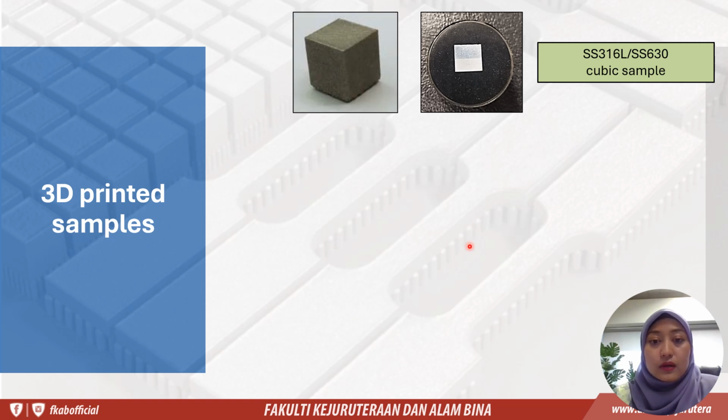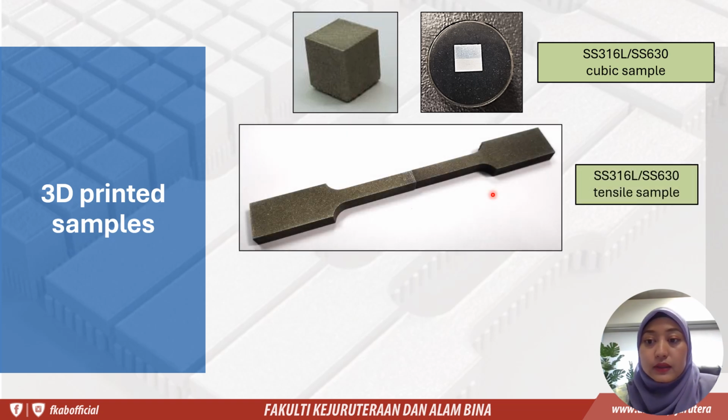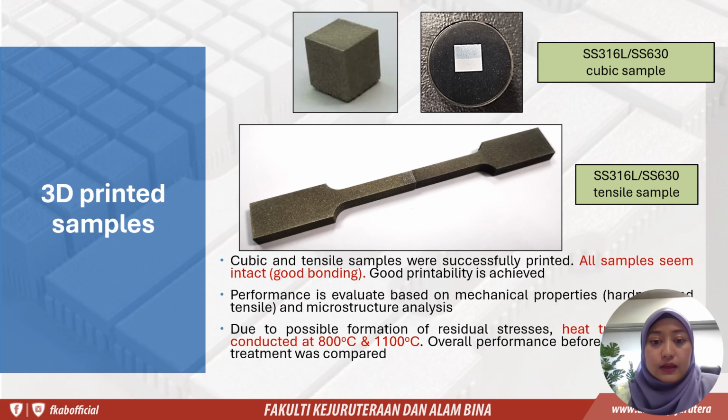And these are the printed tensile bars. The joining region is here, so you can see a different color or tone between the two materials. Next, we can see that all samples seem to be intact with good bonding, so we can assume that good printability is achieved. But we need to evaluate other mechanical properties such as hardness and tensile strength,